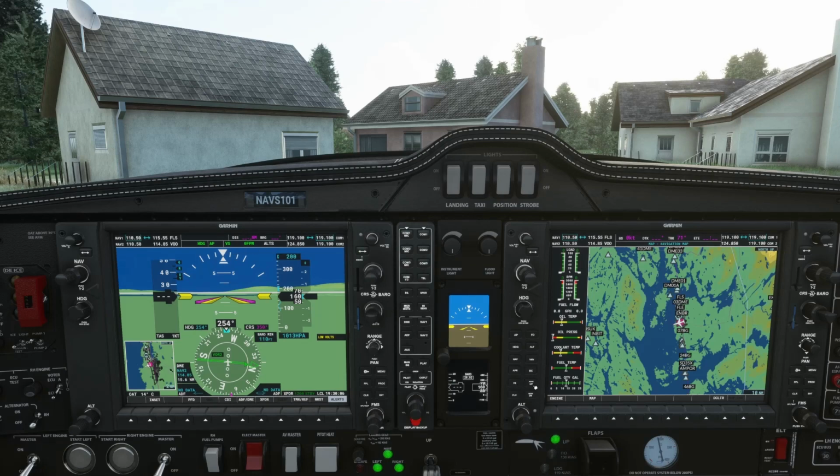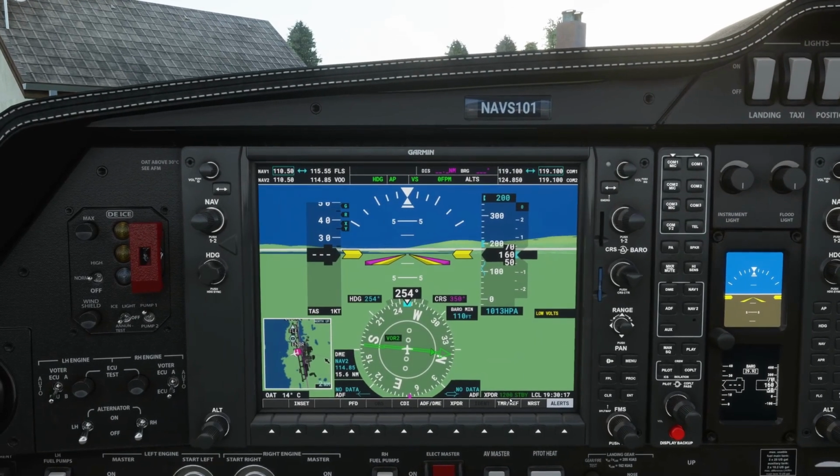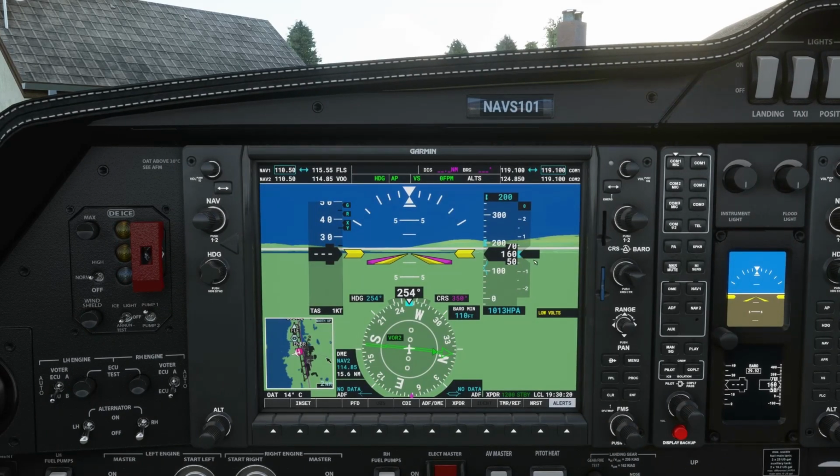Now when you actually, this is almost like a trim wheel. You have nose up and nose down. But these are like trim buttons now. And then when you click on nose up, have a look at what's now appeared on the right hand side. So click on nose up. Let's adjust the altitude a bit more, and let's see if we can get this working. Click on VS, and now click on nose up.